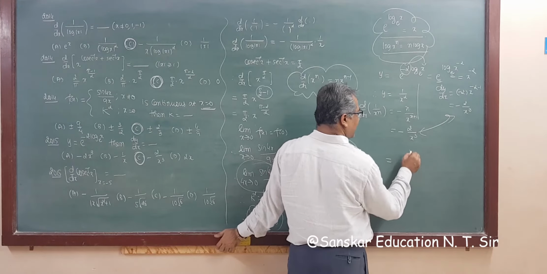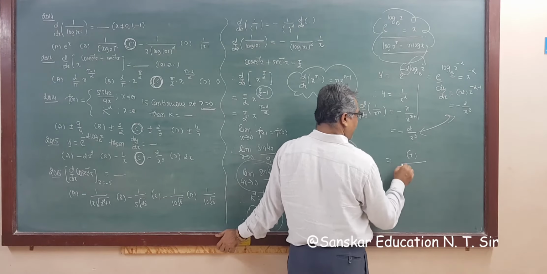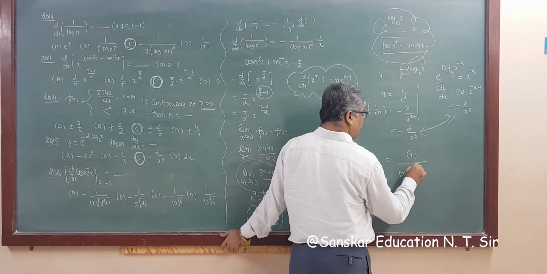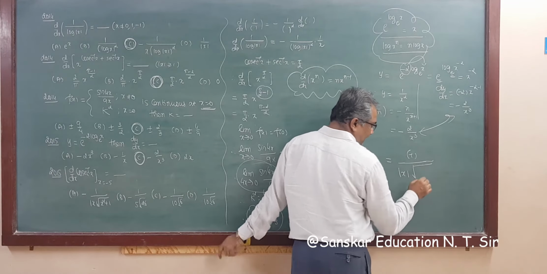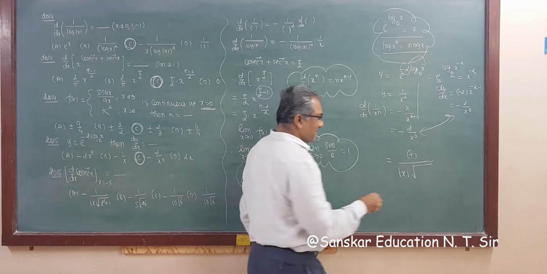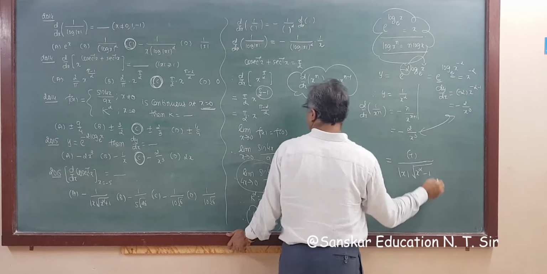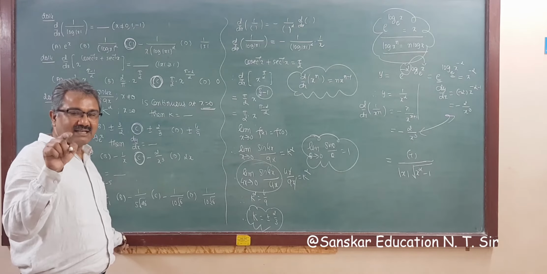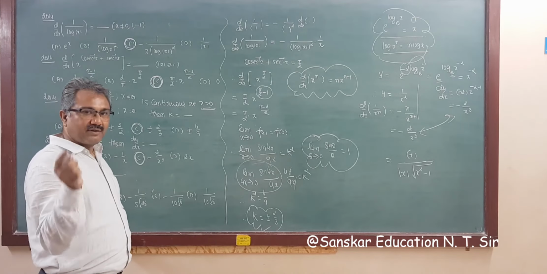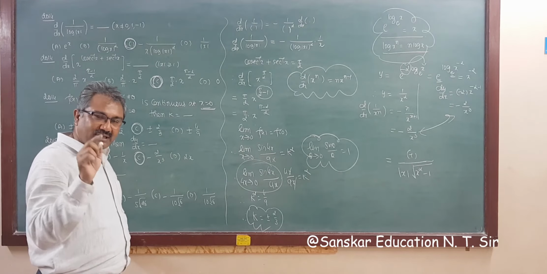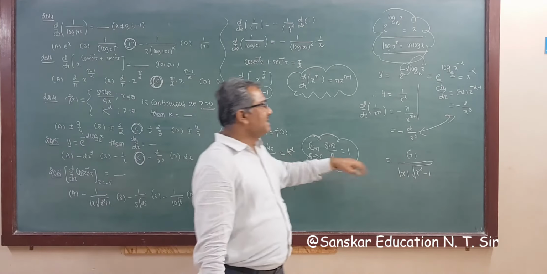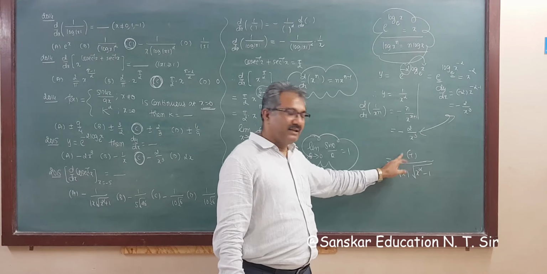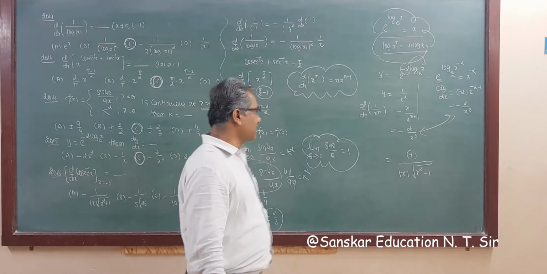Now d/dx of cosec inverse x, that you know, is equal to what? Minus 1 upon modulus of x into under root x square minus 1. It is x square minus 1, because sine inverse x has 1 minus x square. The derivative of sine inverse x is 1 upon under root 1 minus x square, and cos inverse x is also the same, but cos has minus sign, while sec inverse and cosec inverse have the same, cosec has minus sign and modulus of x upon under root x square minus 1.